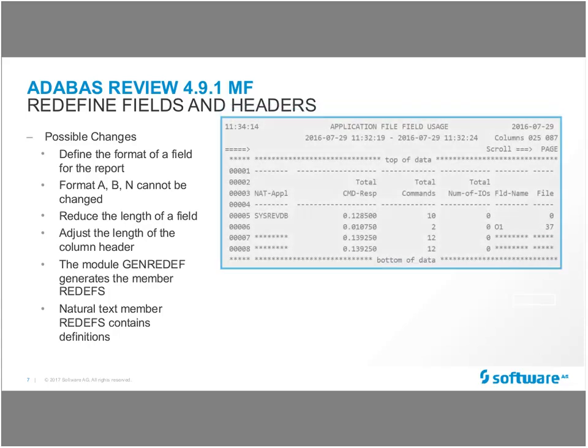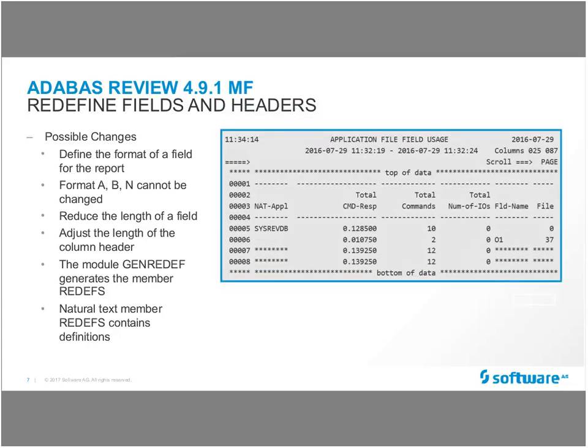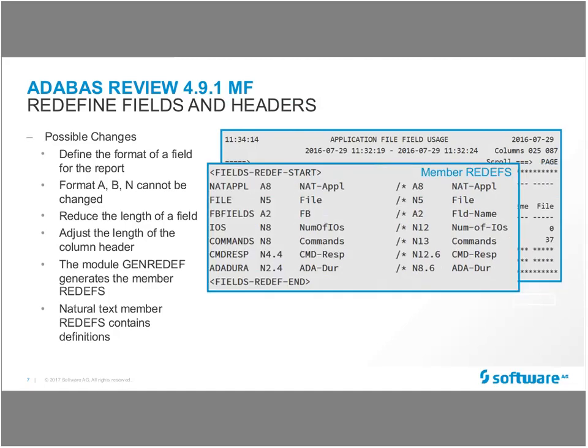This is a report you typically do, and please remember at the right side the last column, file. Actually, it's much wider. You need to go to the right side in order to see all, but that is not what you want. Then you can do this redefinition, and what you see here, this is a file. And on the right side, you see what type and what length the typical field has. And on the left side, you see the new name, and you see different lengths or different type.